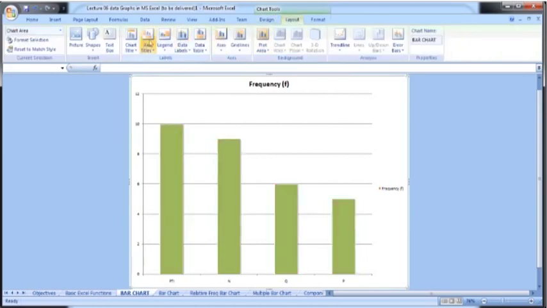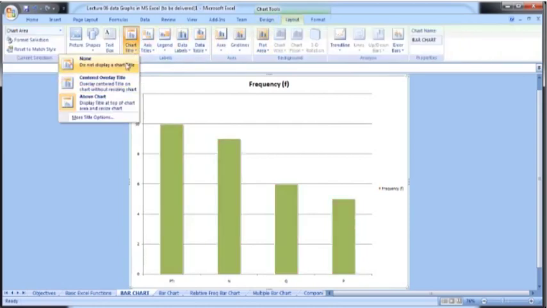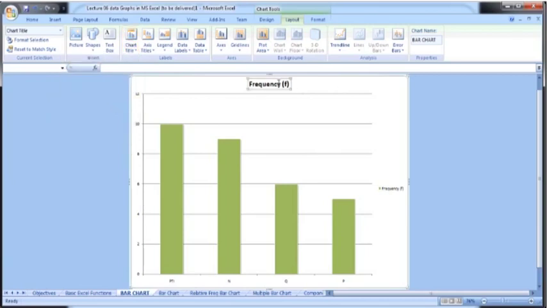So in the layout we have chart title, so none means we don't want to display a chart title. Above chart means we want to place the chart title above the chart, and centered overlay means we want to place the chart title in the middle, in the center of the chart. Currently the mostly used option is the above chart, so select this option, and here we have already a title. So here you can delete this one, and you can provide a suitable title. So suppose the title is bar chart,